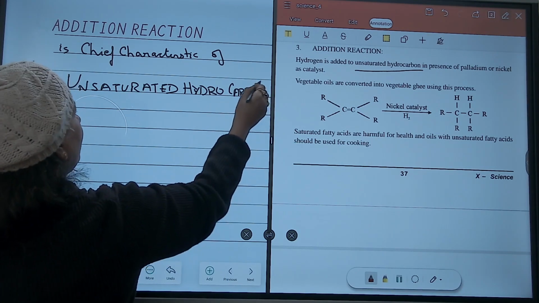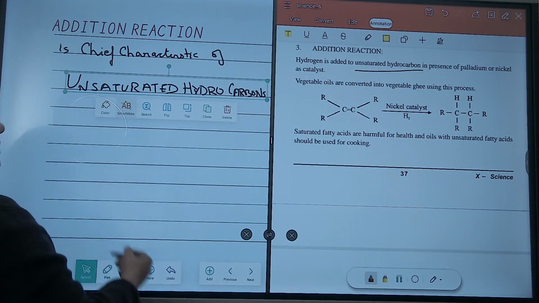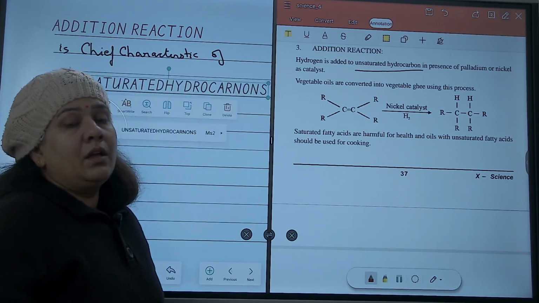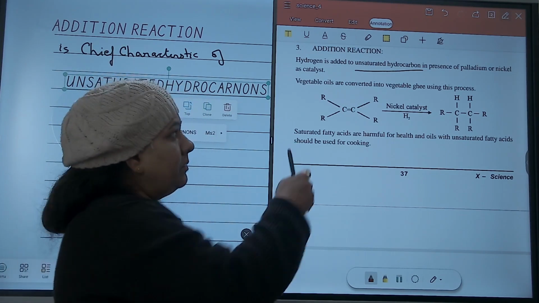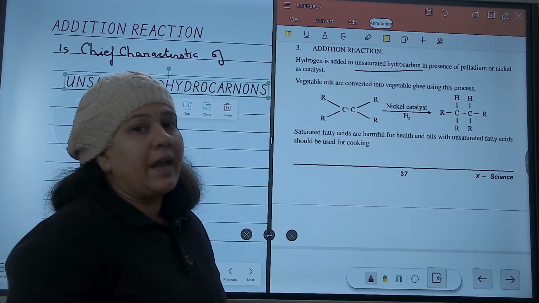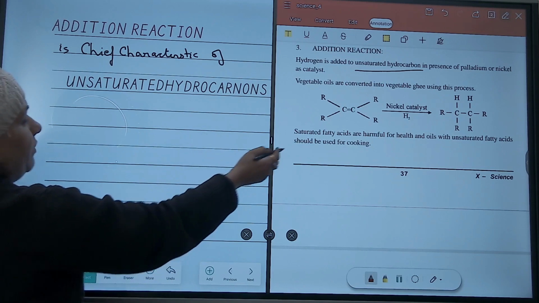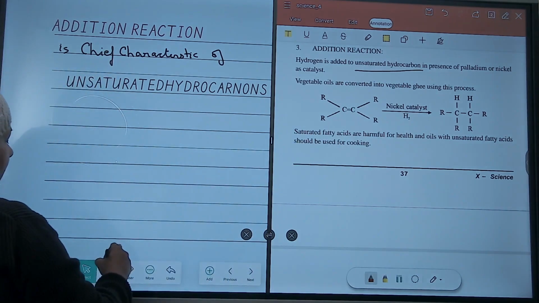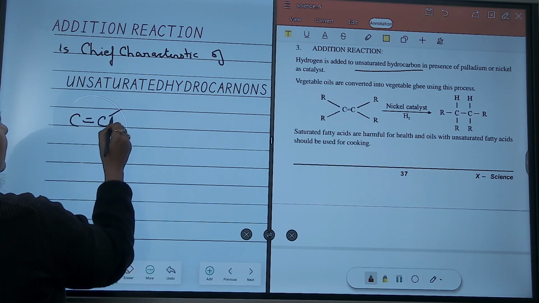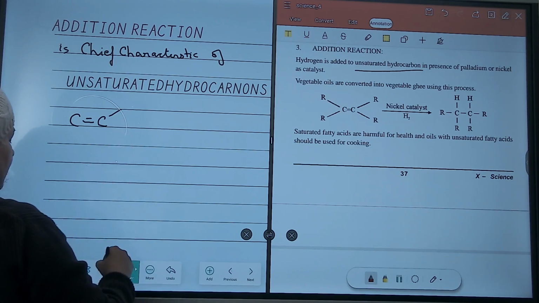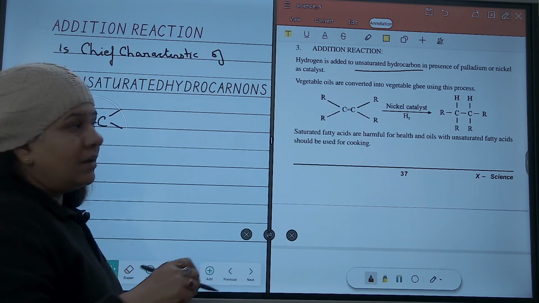Okay, why it is shown only by unsaturated hydrocarbons? Reason being, addition means you're adding something without removing something that is present in the original reactant. So it is called addition. But let's see, it can be explained in this manner. See, for simplicity, I am just taking this. So these four places can be written by,